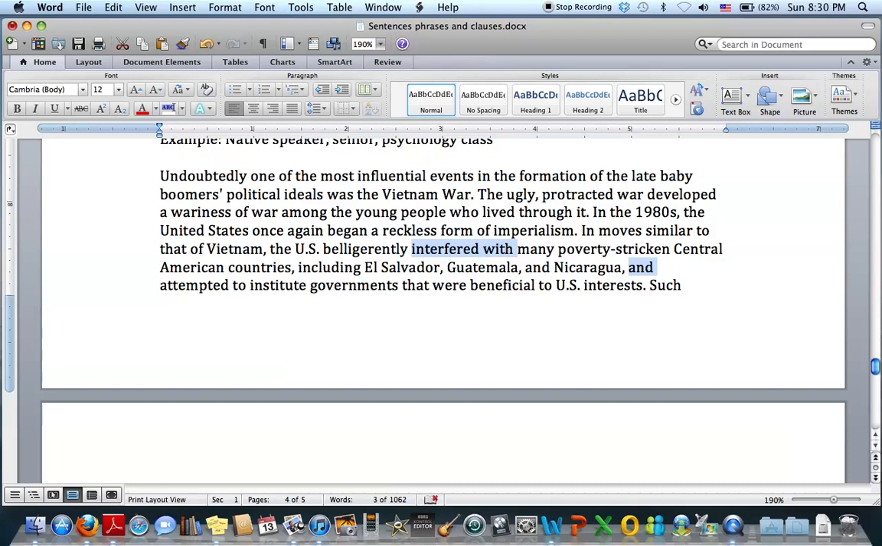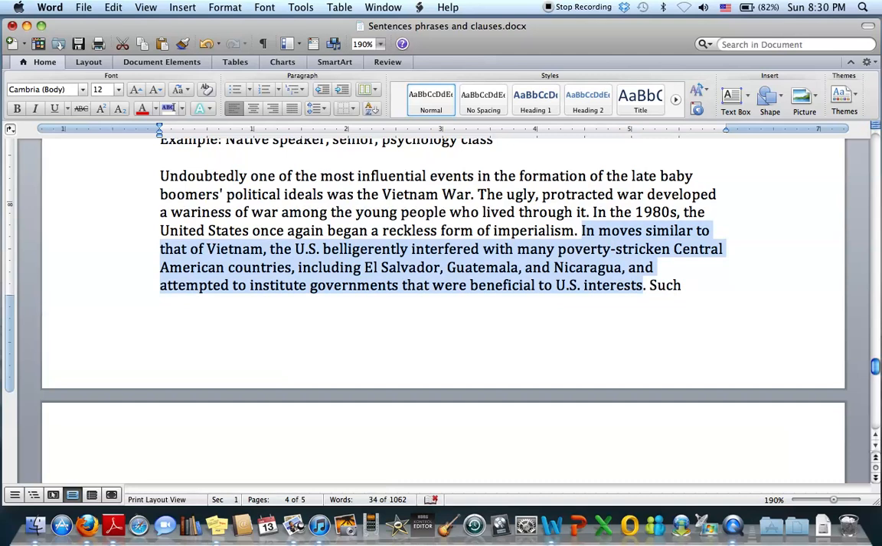Interfered with, so I'm sorry, let me highlight that again. The U.S. interfered with and attempted to. This right here is our subject. Here's one verb phrase. Here's another verb phrase. Believe it or not, this giant sentence right here